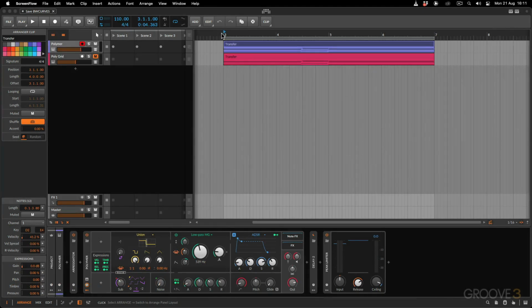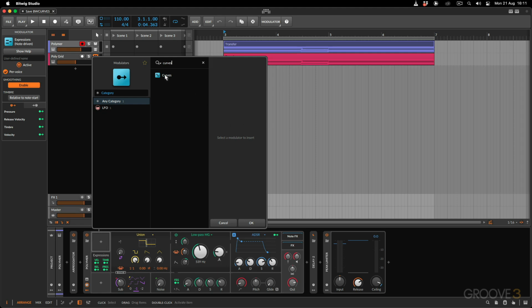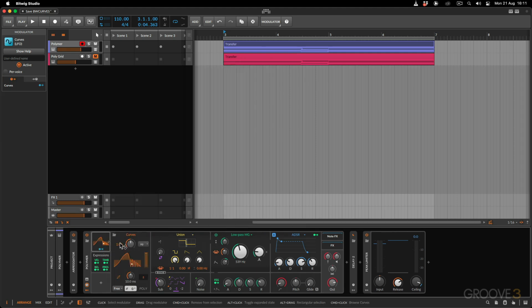So now that you've seen a few MSEGs and you've seen how you can create your own curves, let me show you how you can save these curve shapes and then recall them at any time. For example, on this instrument over here, I've got an instance of the polymer. I'm going to add an instance of the curves LFO, and I can open this up,